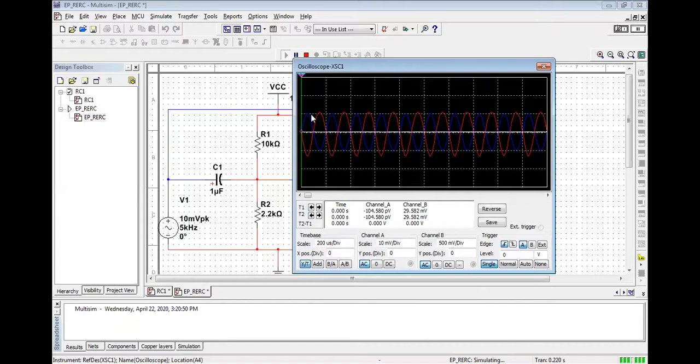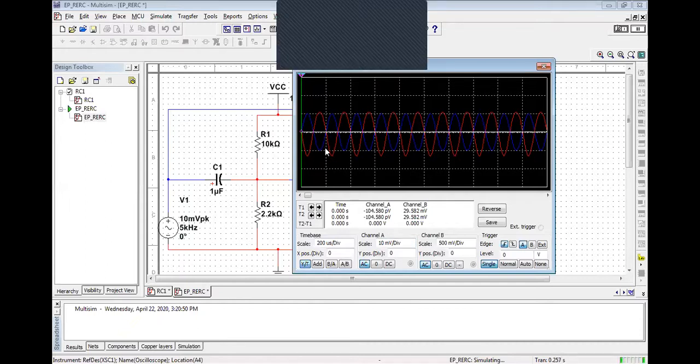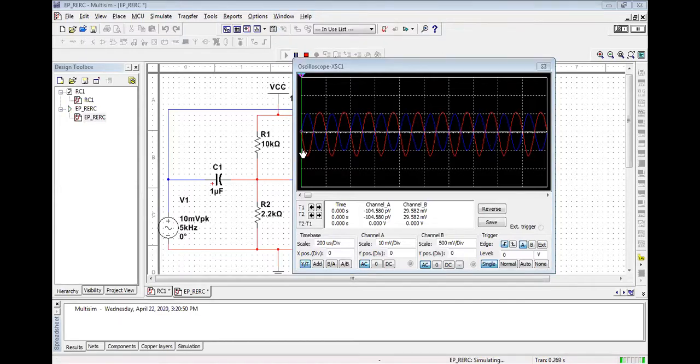And here it is 2 division and 10 millivolt per division. So 10 into 2, there are 20 millivolt input that we are going to supply. So this blue curve is going to represent the AC or your input that we are supplying from the function generator inside the amplifier. Now you can focus on this red part. This is known as the output signal.